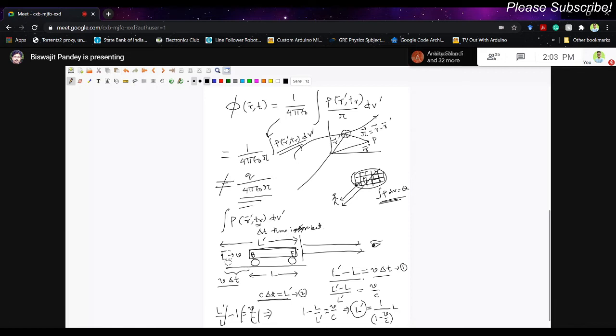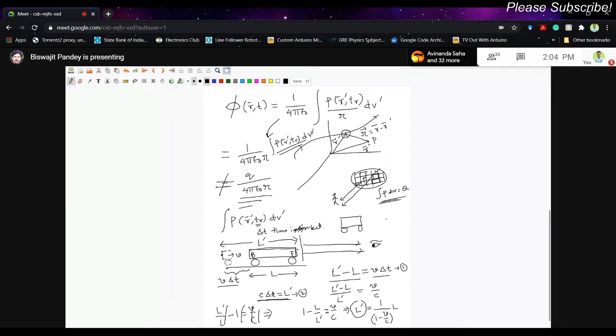So when the train is moving towards you, the length of the train appears to be longer than its actual length. Similarly, if I imagine a train which is moving away from the observer, what will be the differences here? You can see, the picture will slightly change. So here the train is moving. Suppose the train is moving.